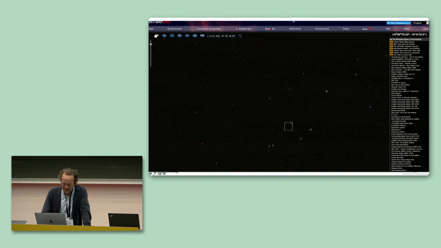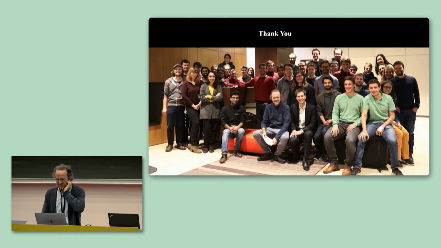This is, for those into astronomy, Leo, the constellation, and here it's too faint, you don't see it. In this box is our planet. This is the Sun, Mars, Venus, and Mercury. So all the inner planets in the Sun are exactly in this direction. It seems like a cosmic coincidence that we find it right now, or that it is published right now. Actually, it was published based on data that was collected some years ago. So that's a nice implication of machine learning and causal modeling applied to astronomy. And with that, I would like to thank you for your attention.